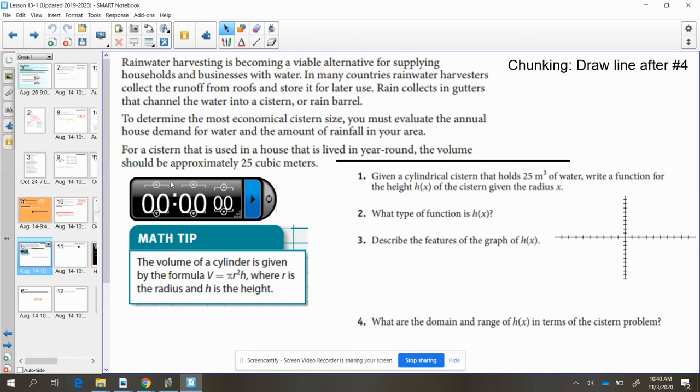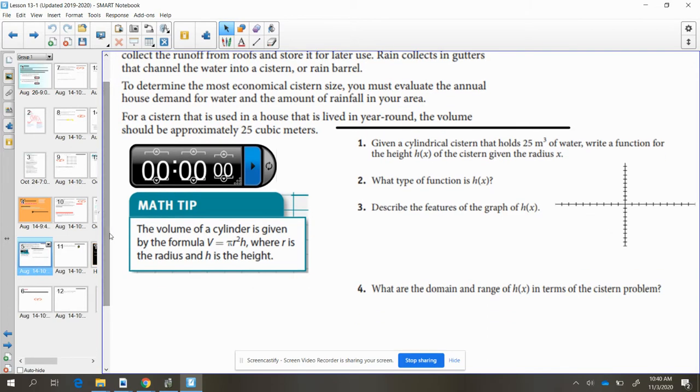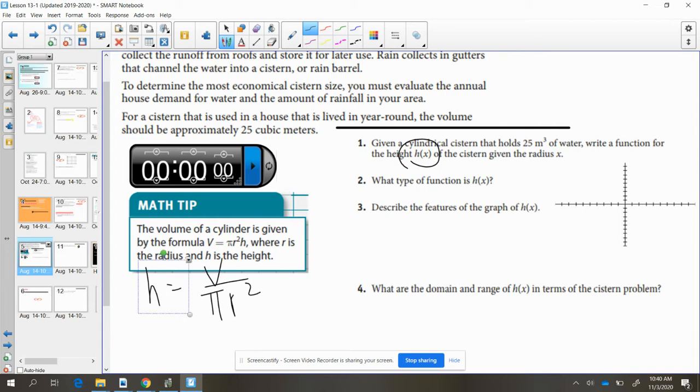And we are looking to figure out what the function would be for h of x in terms of our rainwater based on the volume it holds. So notice here when we talk about volume of a cylinder, it's pi r squared h. So if we want to rewrite this in terms of h, we would have to divide the volume by the pi r squared, right? So basically our function would be h of x equals the volume, aka 25, divided by pi r squared, since they're giving us that it has a volume of 25 cubic